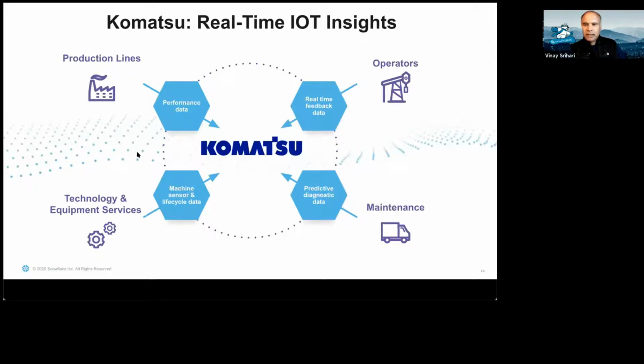They wanted to get this data to their data scientists to generate predictive diagnostics and prepare for maintenance, to have maintenance cycles that ran ahead of the actual outages. And then there was performance data coming in from the factories, from the production lines. All of this information was being duplicated and sent around. So having a single system